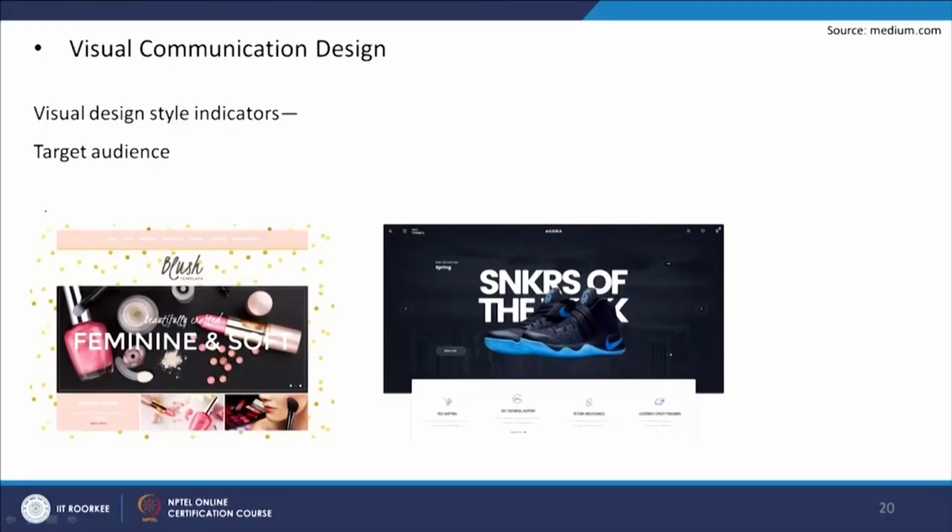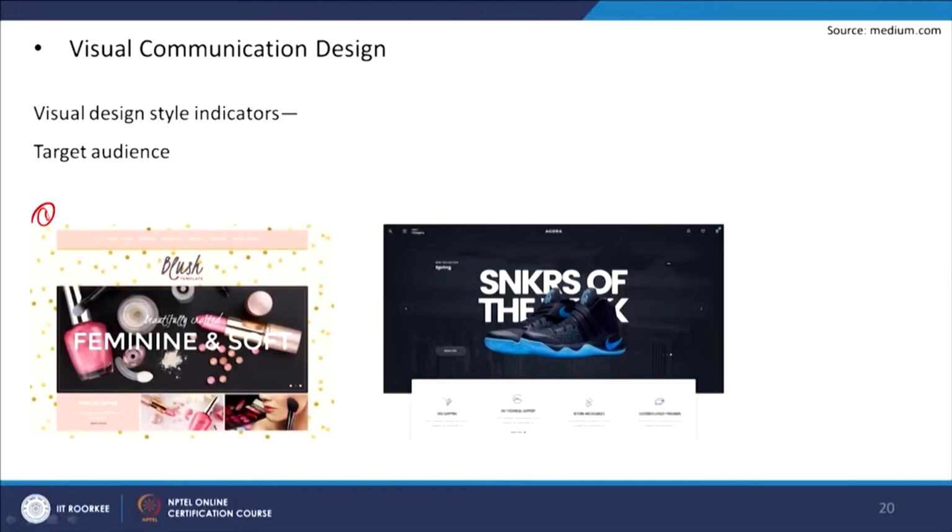Now visual design style indicator can also be the target audience. So what kind of target audience they are, and based on that the color of the website can be highlighted. So this option is a brand, this is Blush, which is a brand for makeup. So the target audience is a female target audience. So the type of color which is feminine and can be attached with the mood of the female, that is